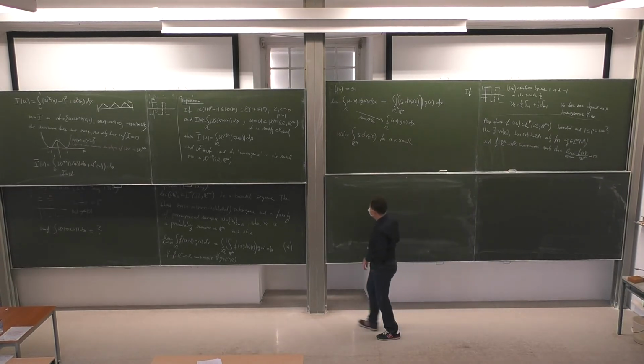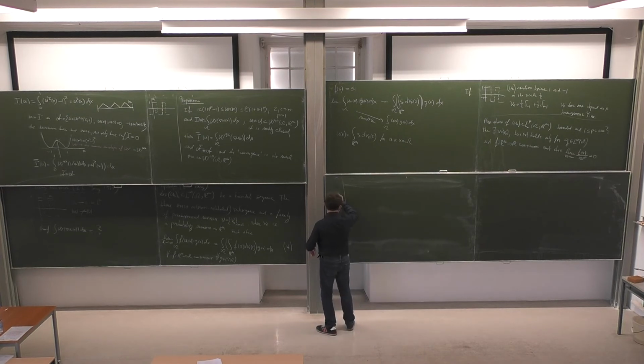And there is a simple example. So look at the following. You take a sequence 0, there is 1 here, and there is maybe 2 or so. And you take a sequence u_k, and the u_k will be such that it will be 0 here, up to 1. Then I look at 1 plus 1 over k.